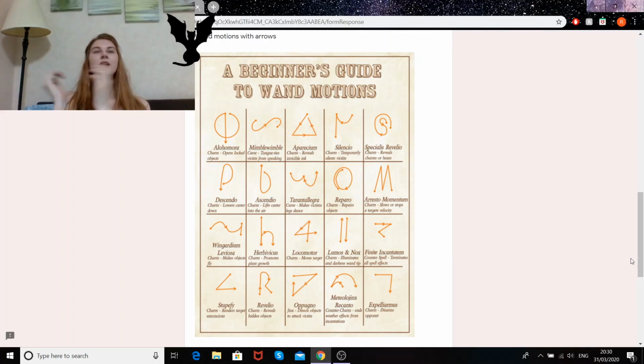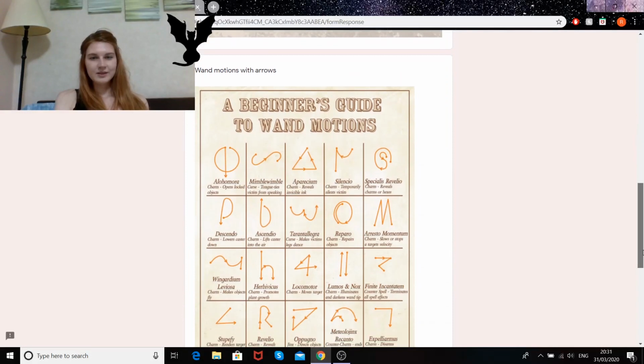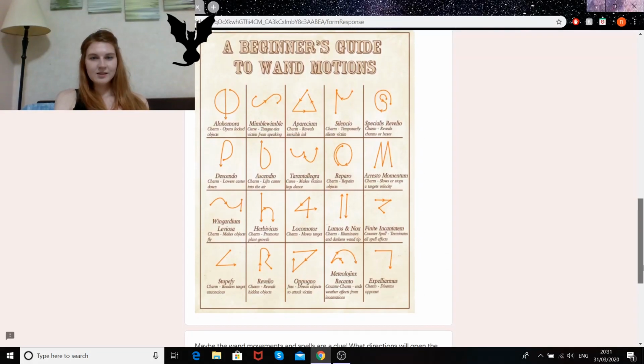So I'm thinking it's either going to be the first movement or the last movement. The last movement is a definite movement because the first movement for Stupefy is down and left. So I'm thinking it has to be right, which is the last movement. The next is Ascendio, which is...